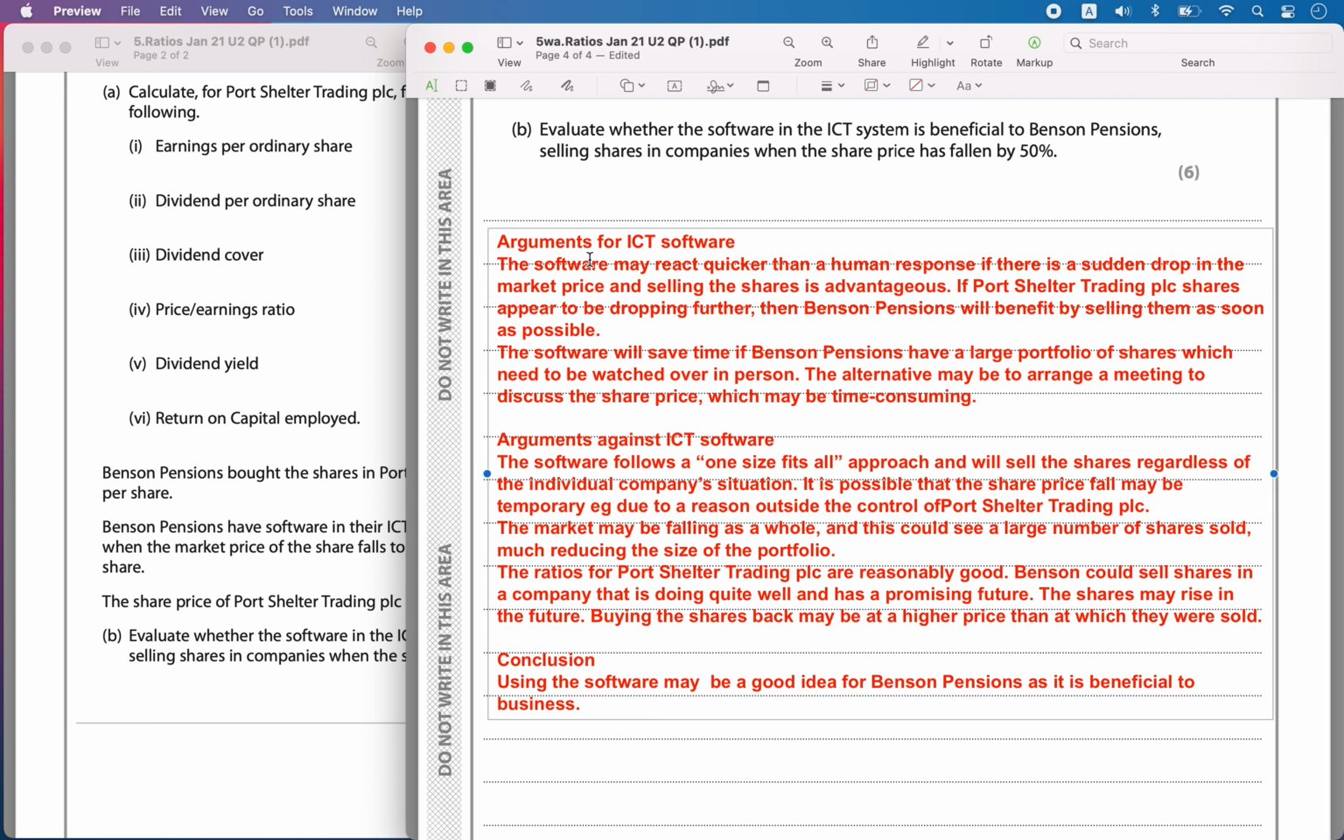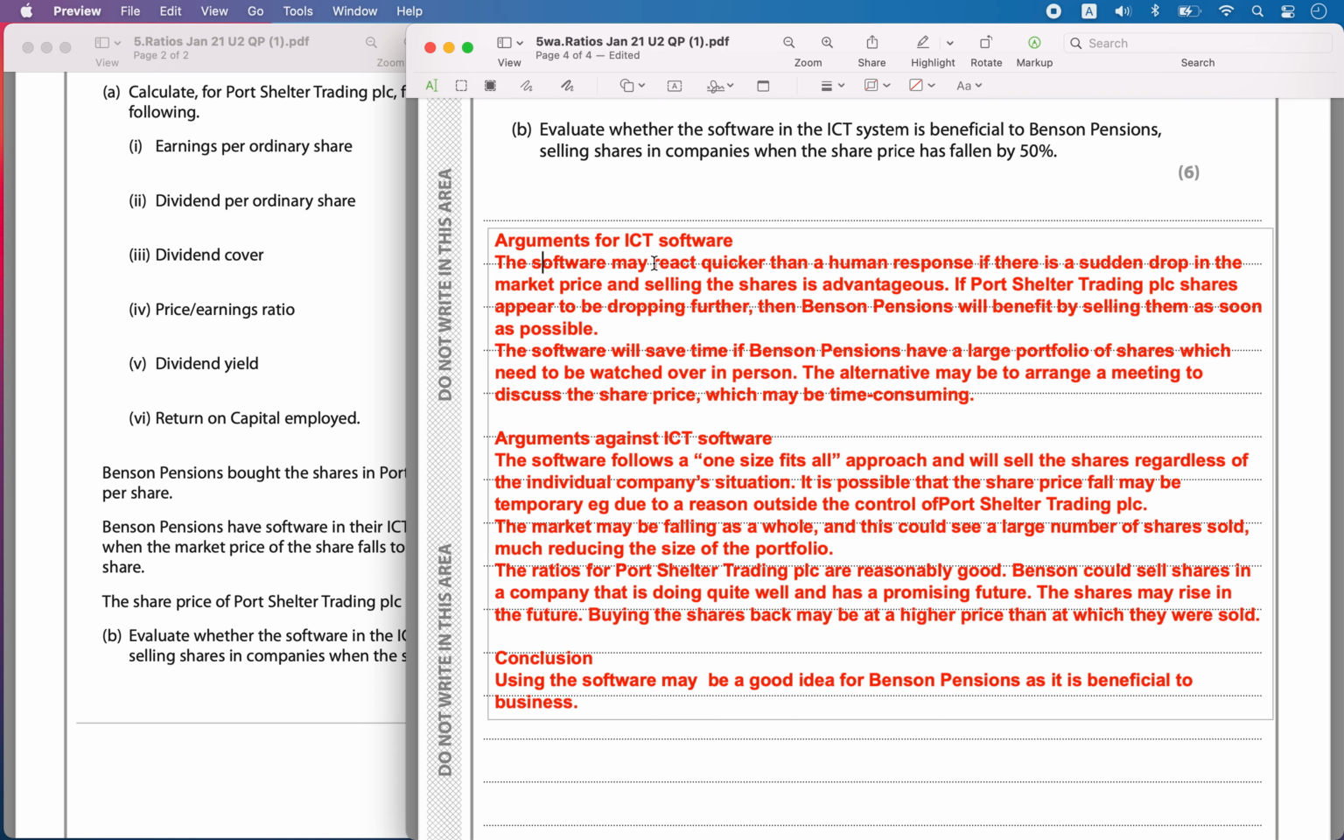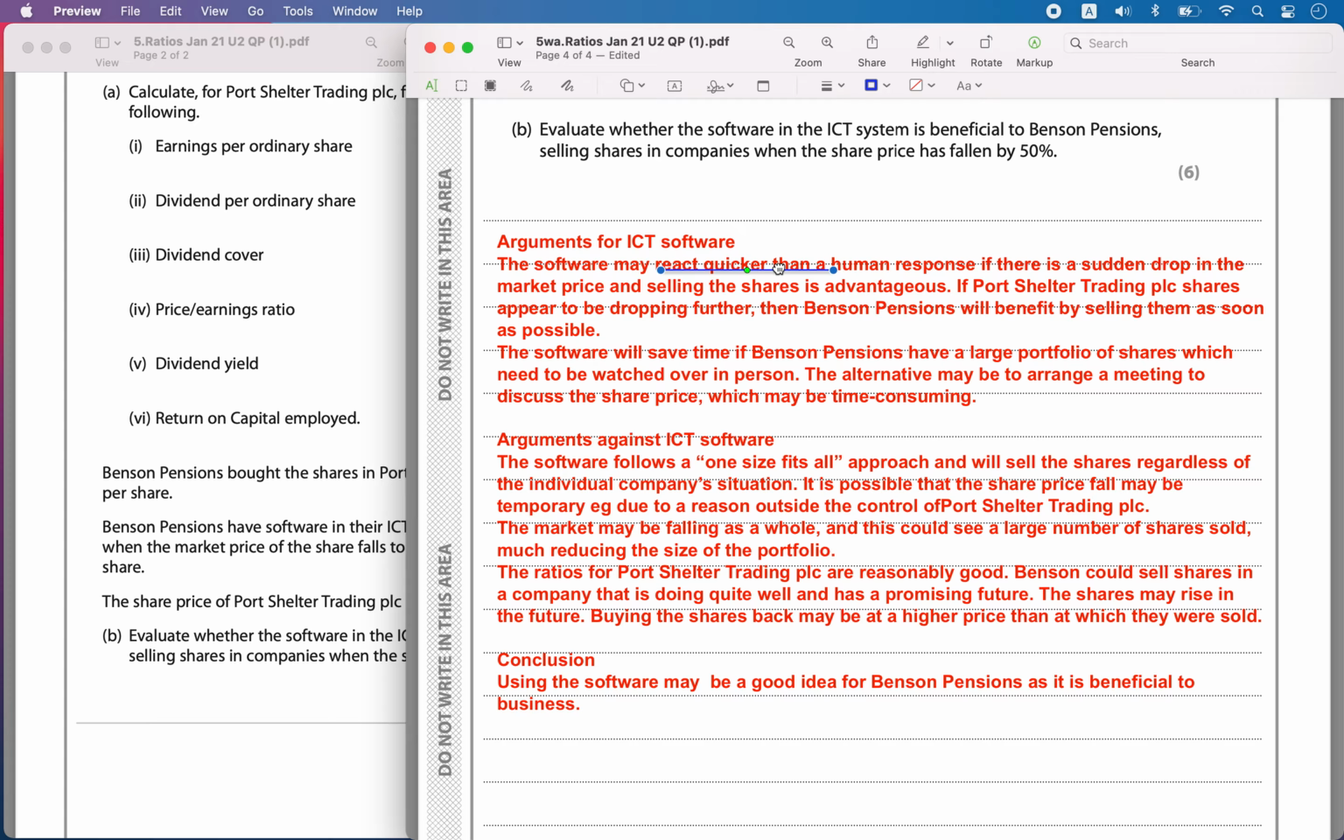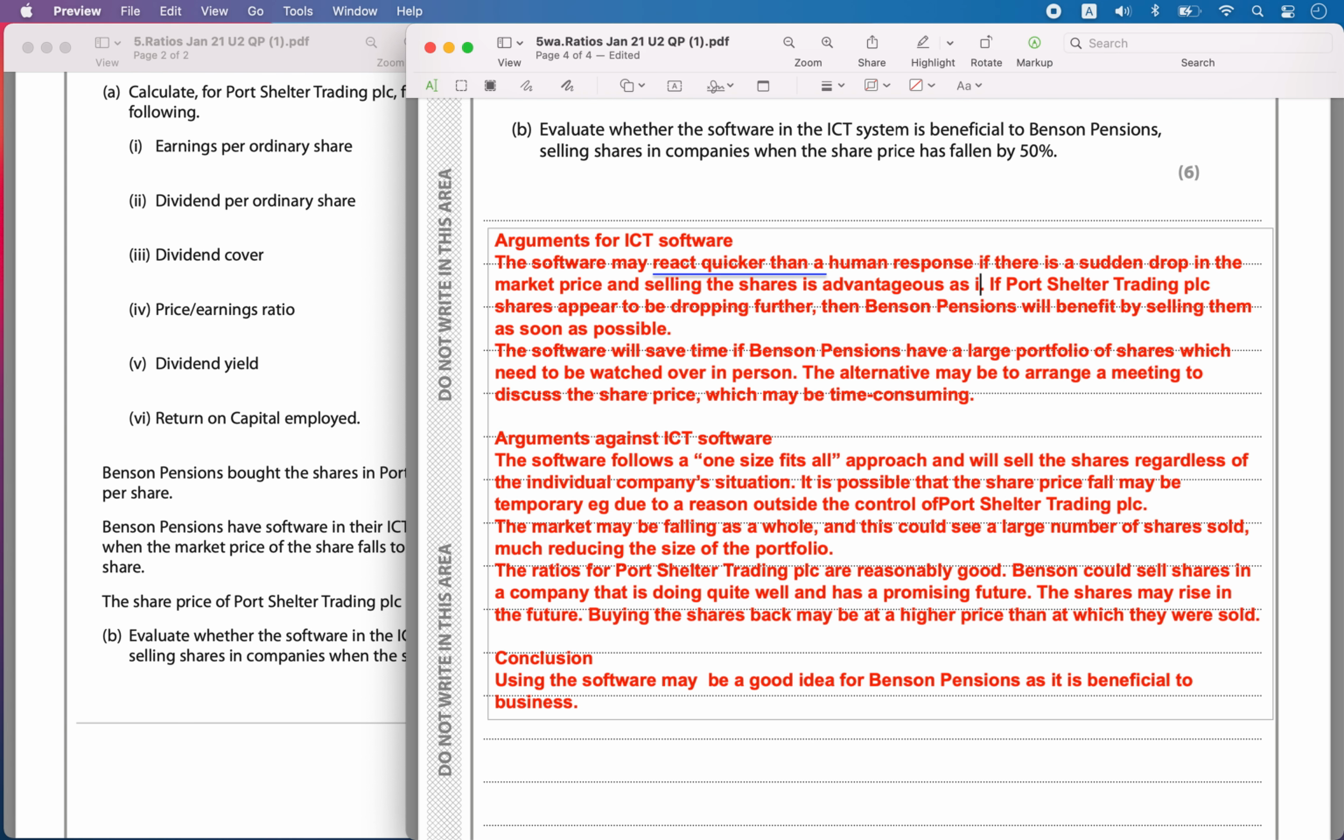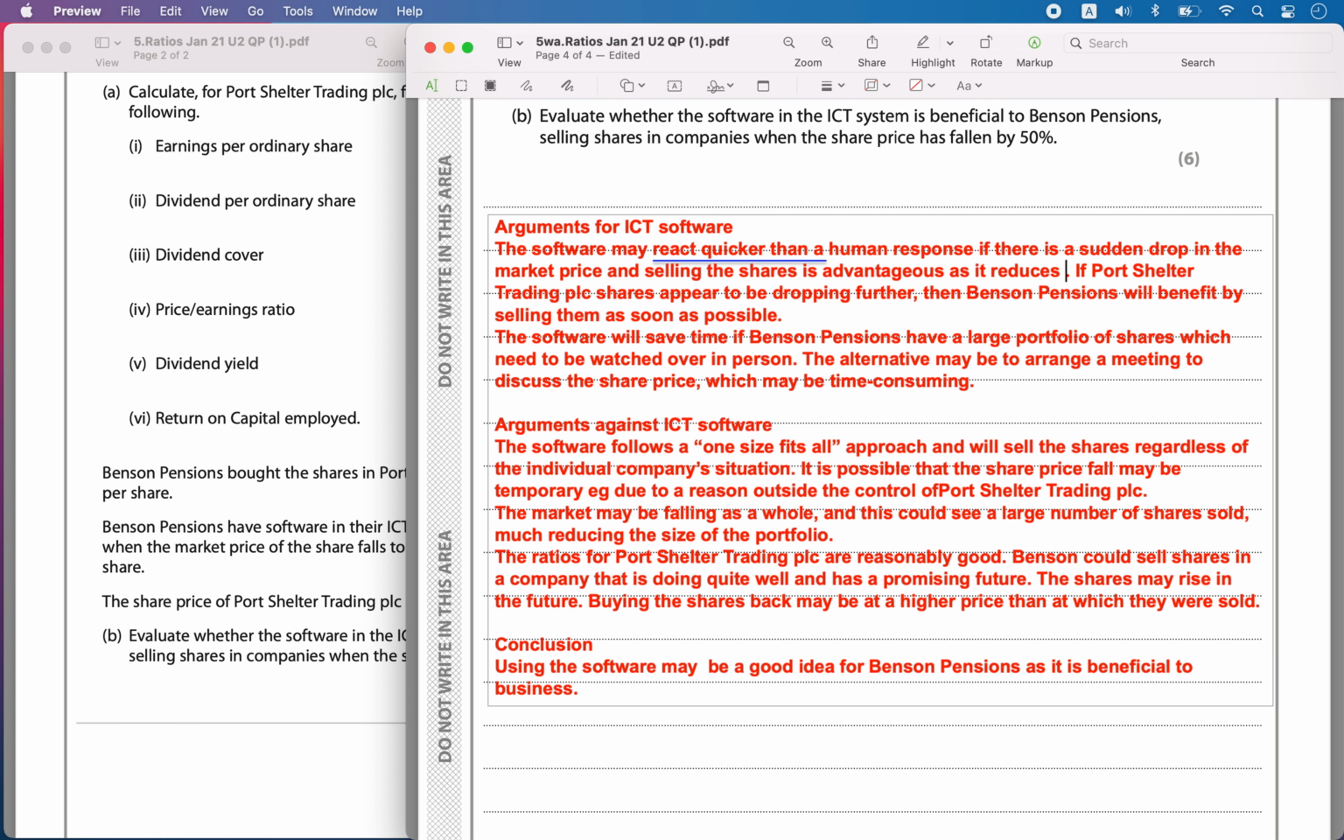Now, using this ICT software means it is going to react quicker, right? So what are the things you will have to understand? First, it's going to react faster than a human who has to keep checking. So it reacts quicker if there is a sudden drop in the market price and sells the shares, which is advantageous because you will stop the loss as it reduces